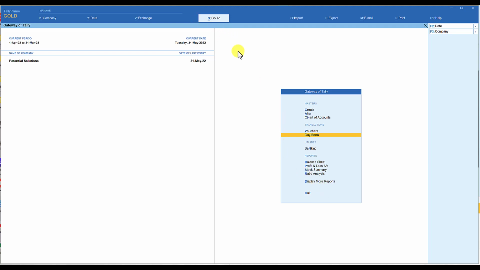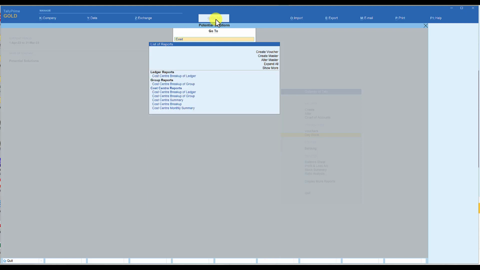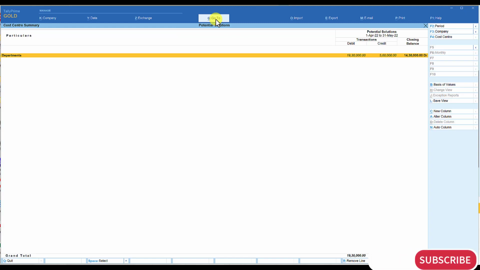So for you to view the cost center summary, you can click on Go To and type cost. You will see Cost Center Summary. Enter, and you will now get the cost center summary. Since we have created the department as the primary cost center, all reports, you know that Tally will always give